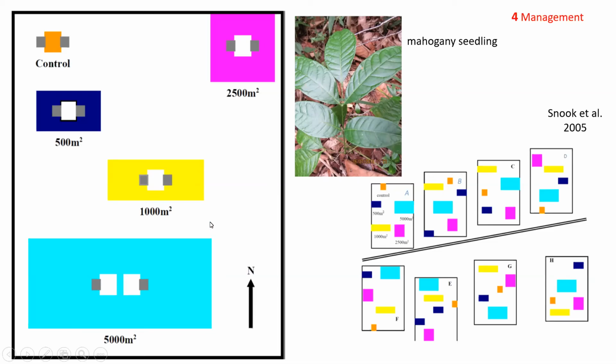And I can't go into it, but we also had other experiments where we cleared in different ways. We used a bulldozer, we just chopped down the trees, or we did some other technique to see what promoted mahogany the best. And we had multiples of this. Here's an old road. These are the multiples. You can see the treatments are rearranged randomly in each block. Then we went back after we did this to see how the seedlings had done.